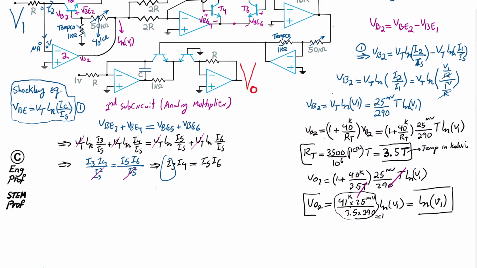Substituting I3, this is what we got for the analog multiplier. So we get V2 divided by 2R plus 10 volt divided by R. That's the I3